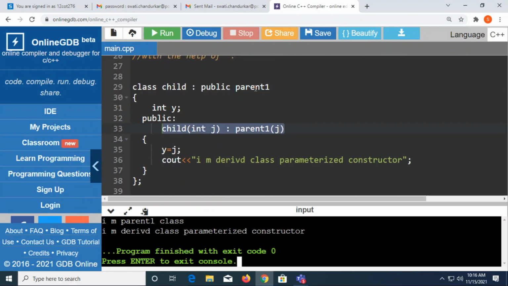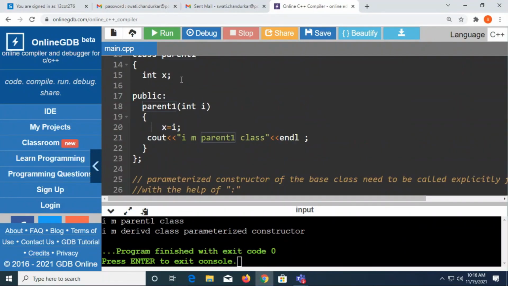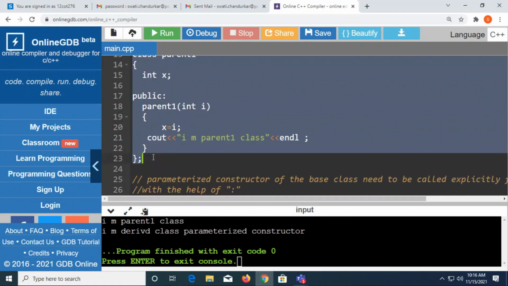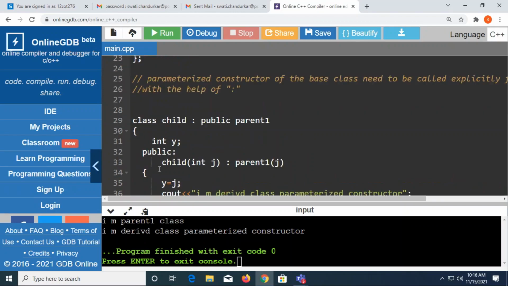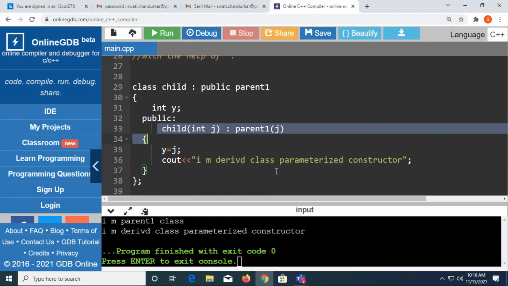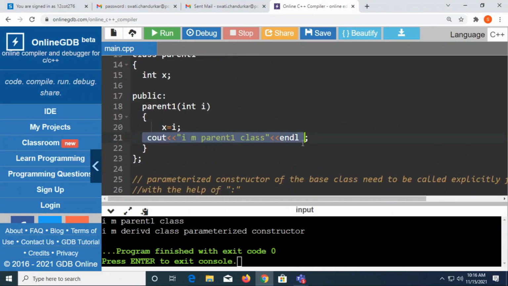From here, the control is coming to the parent. Now is this the default constructor? No, this is not the default constructor. This is a parameterized constructor and you had called it explicitly from here. So the parameterized constructor will get executed, the control will be passed to the statement, and next you can also try to print that value.